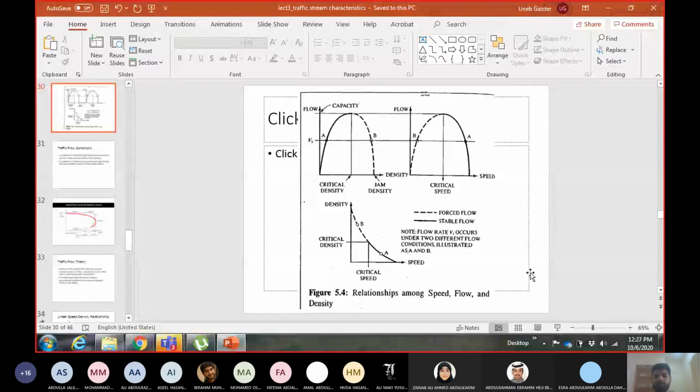Okay, and people have done a lot of research on these curves, and they have found that the variation caused because of the modern drivers in these curves is minimal. So when you start the derivations from using the simple curves and lines, the equations are still very accurate. They may not be as accurate as they used to, but they are still very accurate and they are sufficient for the purpose of traffic analysis.